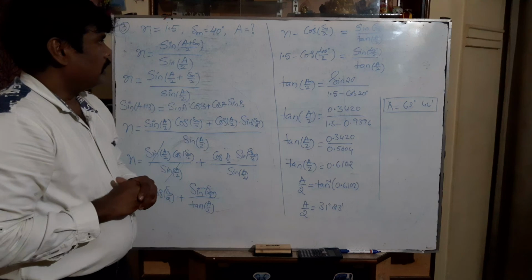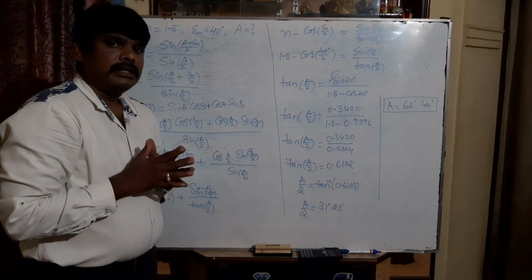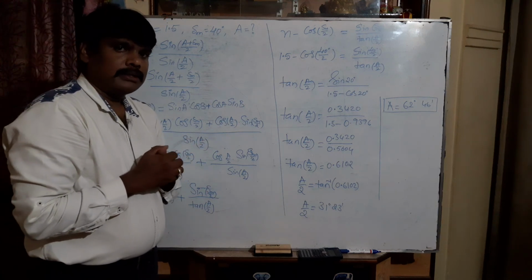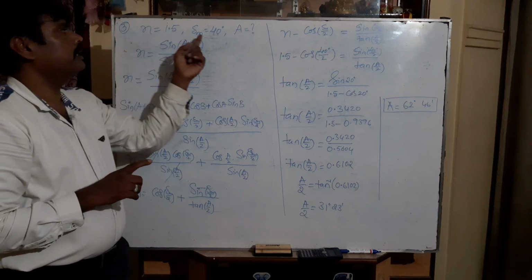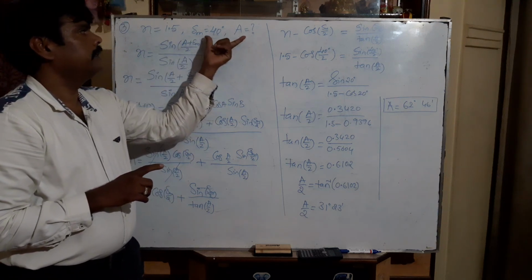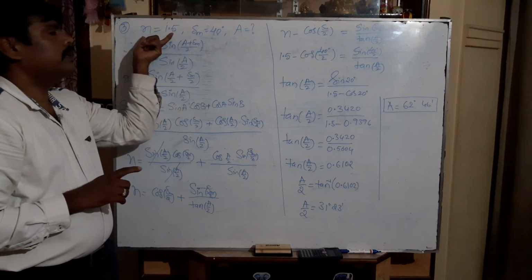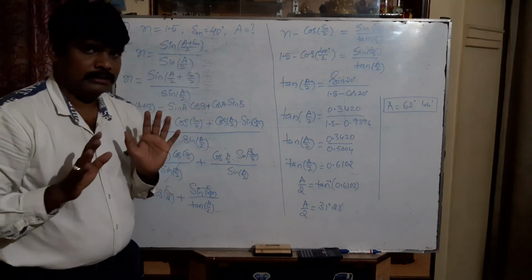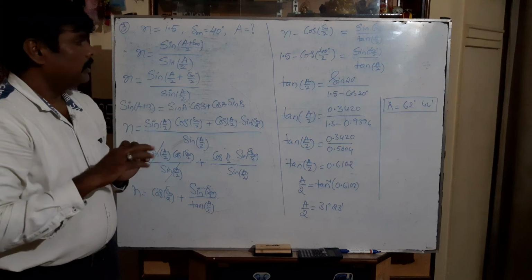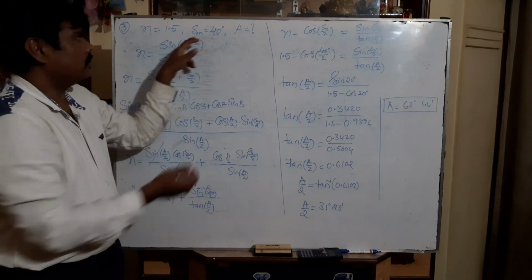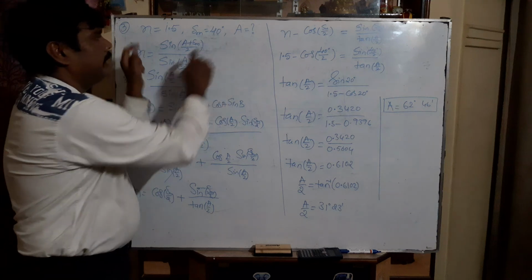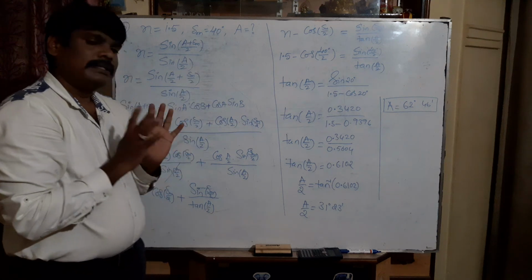See, I already explained all the three methods in the angle of minimum deviation. The first method is we have to calculate refractive index by giving these two values. If these two values are given, the refractive index is calculated. That is a very simple method. The first method I already explained. In the second method, to calculate angle of minimum deviation by given the value of A and n, that is also, compared to that one, simpler.